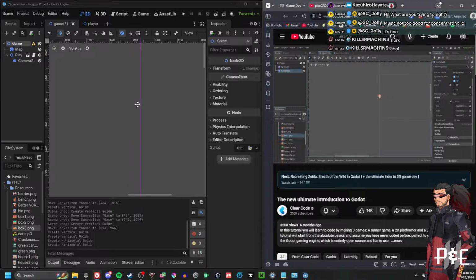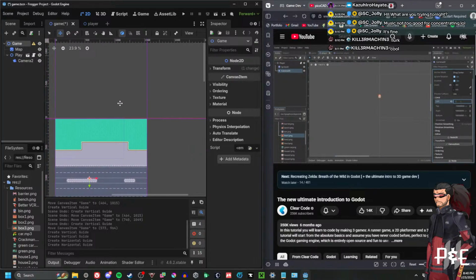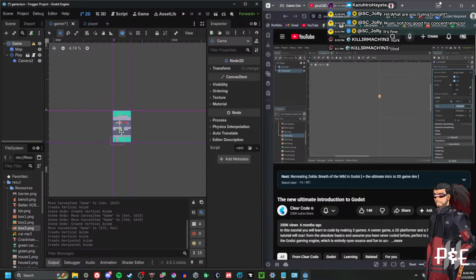After that, inside of the player, for the camera, the left side should be negative 192, the right side should be 192,